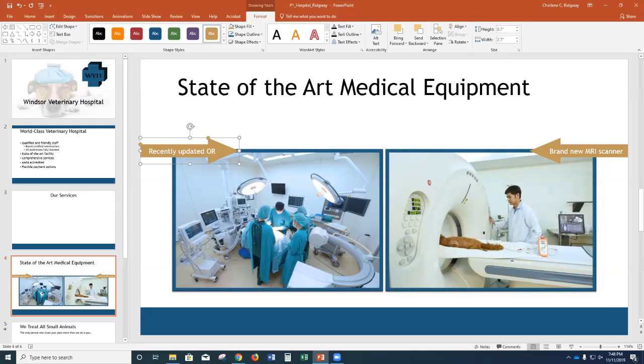Step 7, drag the rotate handle clockwise to the right until only the bottom corner of the arrow shape is still touching the left side of the slide. Usually using the rotate handle is fine, but you can also rotate objects by a precise number of degrees. So I was to drag this clockwise to the right until only the bottom corner